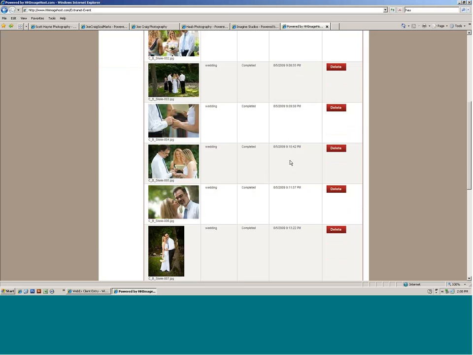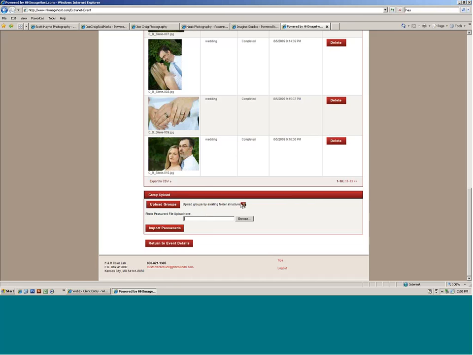We also have the capability to upload a password file with images. And where that comes in handy is where you want individual images to have their own password. This would be particularly helpful for a school where every child has to have their own password. This is the most extreme version of password protection. It works very, very well, but I would recommend that you be in communication with us if you're going to use this,